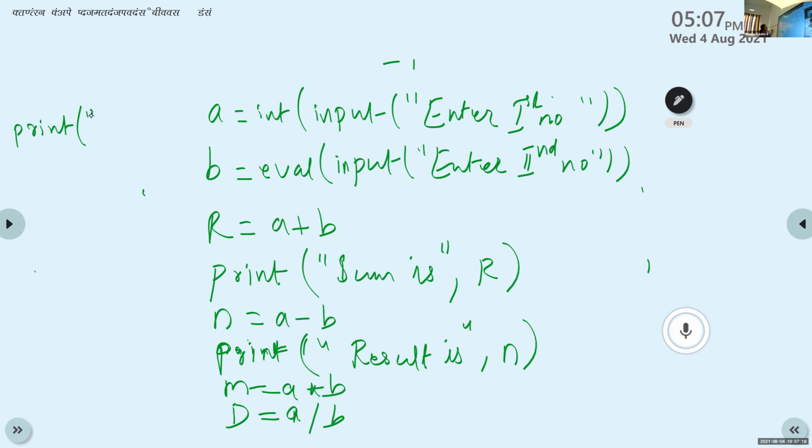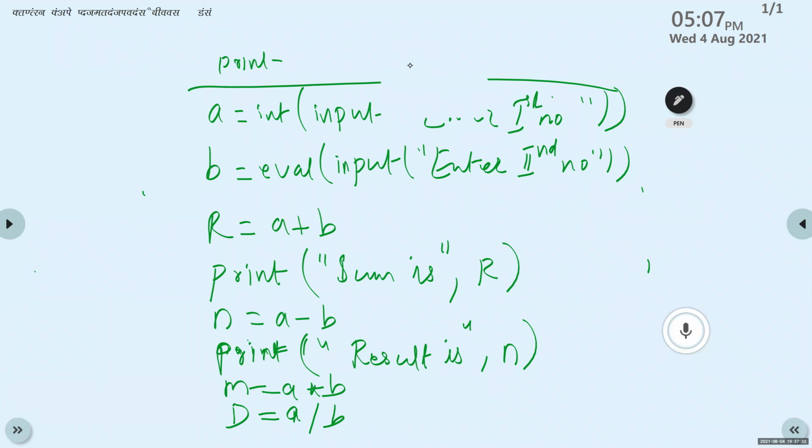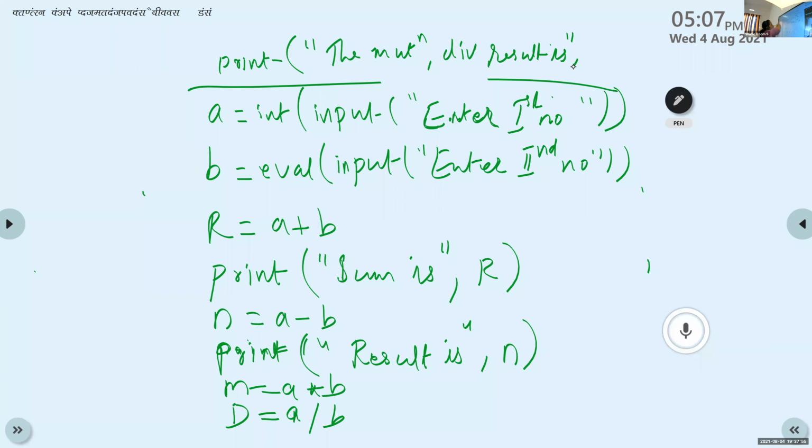Print within double quotes, the multiplication and division result is, comma M comma D. This is another form of print.